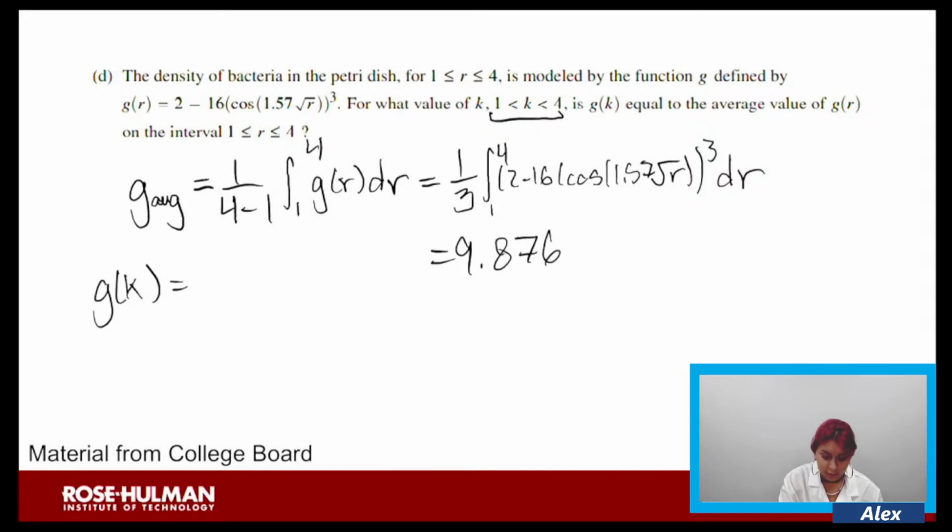We want to find where this equals this, which we just found as 9.876. So to find which value of k to plug into g to get this answer,